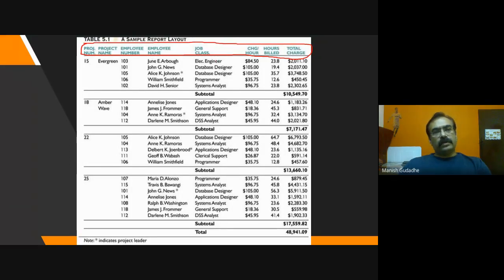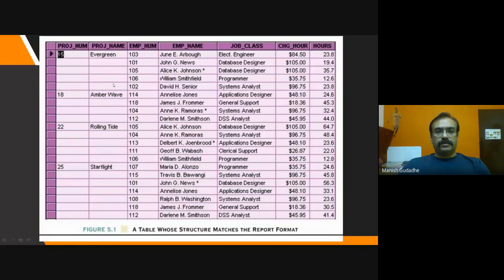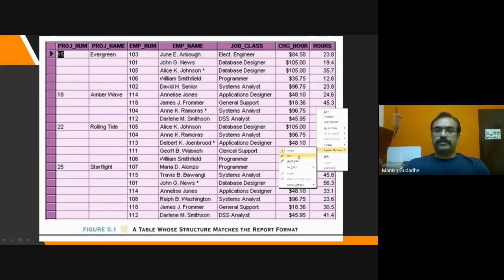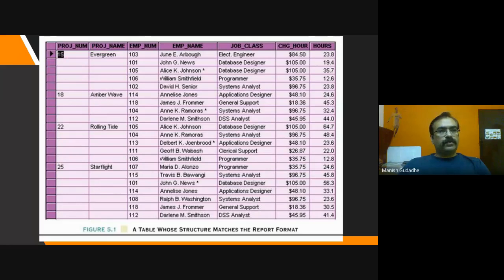Okay, we'll have to take care that if we are normalizing the database, it should not happen that any of such data is lost. Okay, we'll have to keep every data with us. Now try to convert it into a table. So can I have a table like this? Yes, definitely we can have.